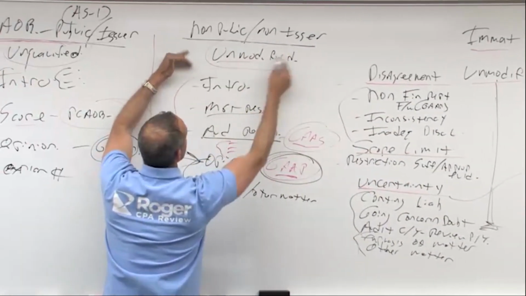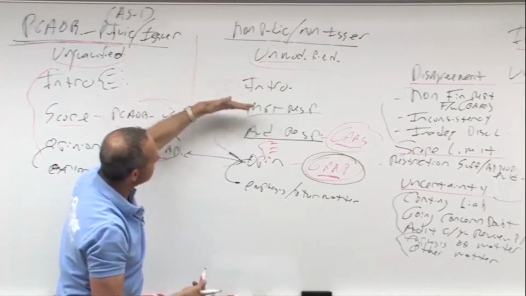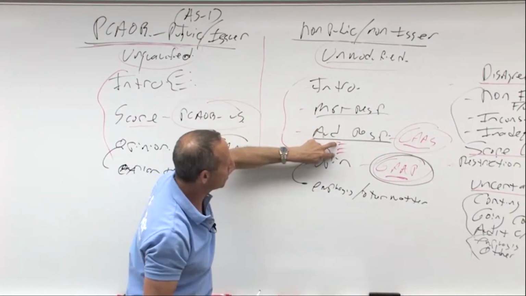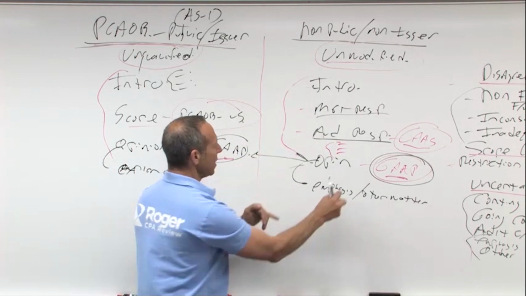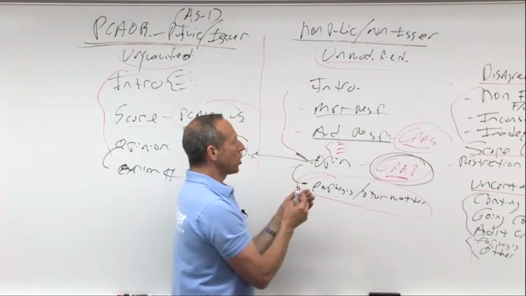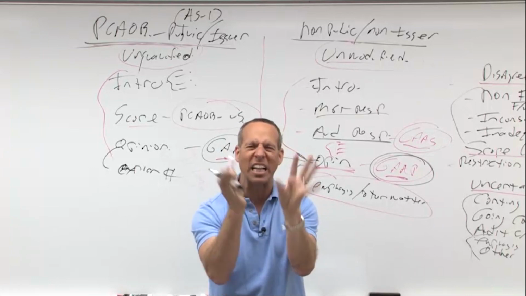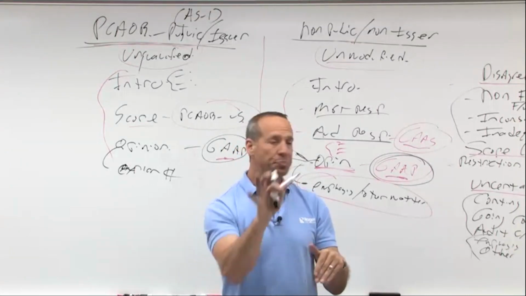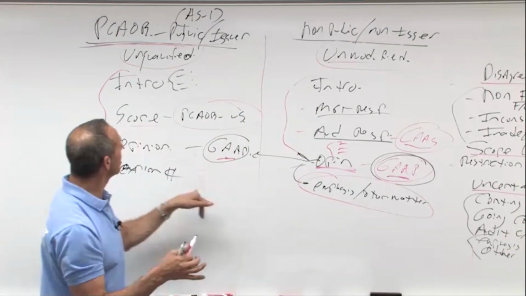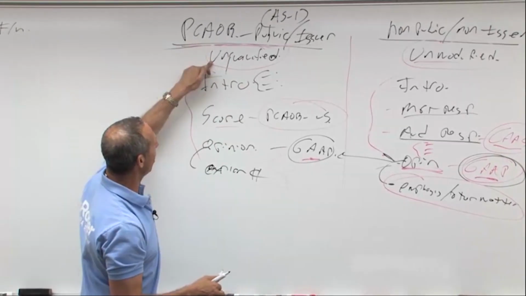So when you look at your basic report, come back over here. Here's your non-public, non-issue, unmodified. Intro, management's responsibility, auditor's responsibility, which has 3, opinion, and then here's your emphasis of a matter. So a good thing to think about is if it is unmodified, unqualified, clean, and you want to mention it, put it after. Same thing over here for PCOB, unqualified. Intro